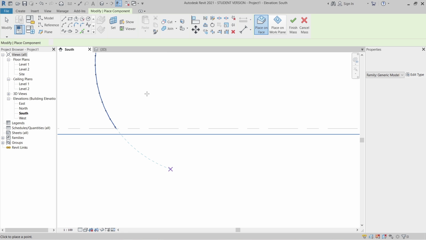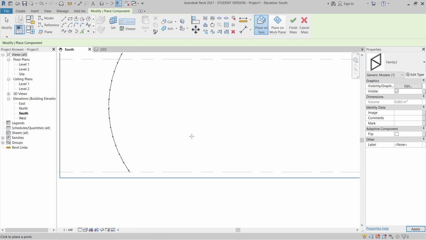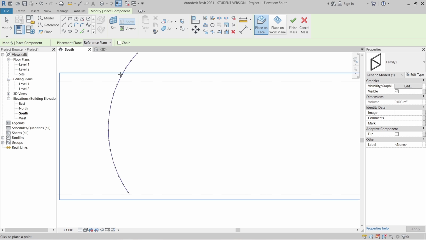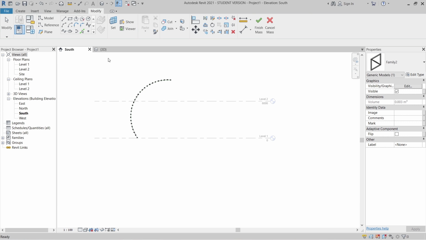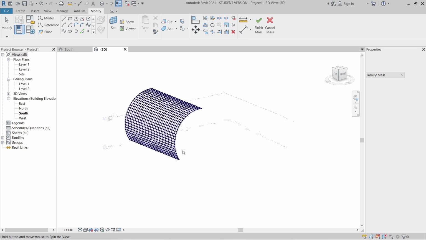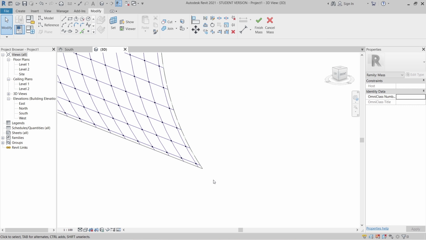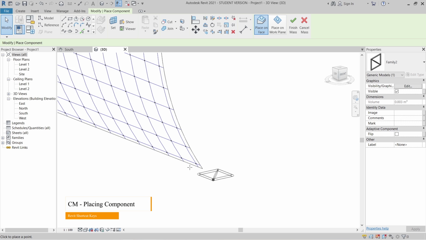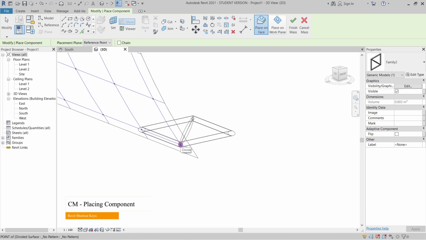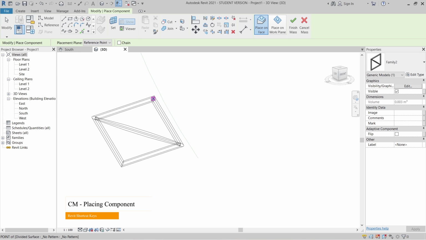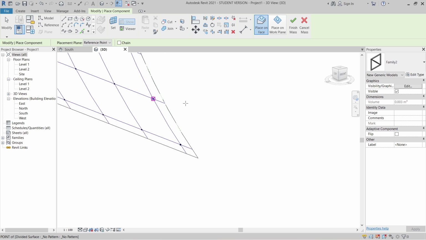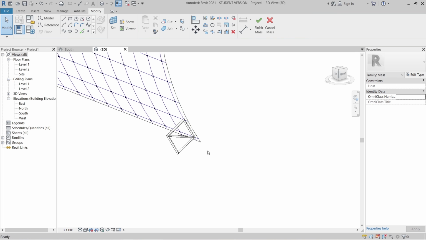Basically here you need to save actually, but here just a quick tutorial. I will try to make it first as soon as possible. Hit escape a couple times. First open my 3D there, then CM for shortcut key for placing element. I can start from our first node here until the second node here. Hit escape a couple times.